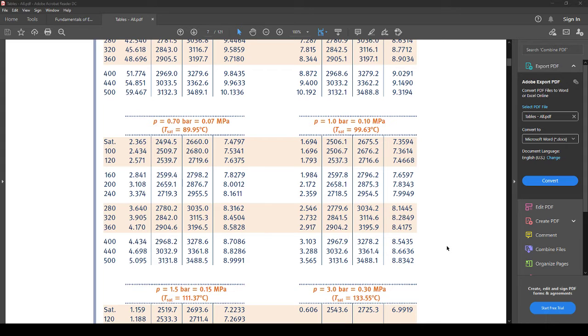So x1 we will call as 7.4. So what I'm doing is the linear interpolation. So I'm interpolating between the lines here. So I'm going to do x1 7.4668. y1 will be trying to find an enthalpy, so 2796.2. And then we also have x2 7.8343. And then y2 is going to be 2875.3. And then x3 is our entropy, which is 7.5308. And you get a value of